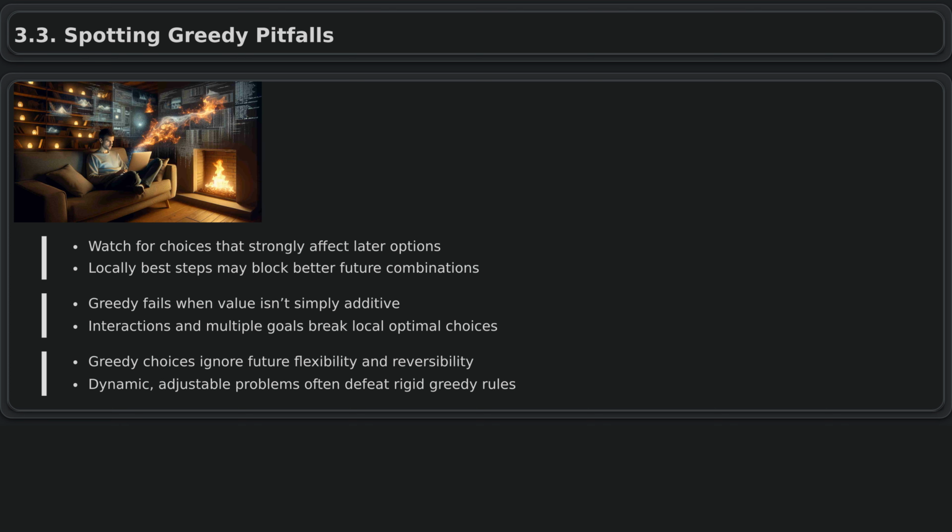Spotting greedy pitfalls. When using a greedy strategy, you must watch for situations where choices depend heavily on future decisions. Greedy algorithms assume each step can be optimized on its own, but this fails when the best immediate option blocks better combinations later. For example, always driving the maximum distance on a road trip might seem efficient, but can lead to worse overall stops than taking shorter daily drives. In general, if early decisions strongly restrict what you can do next, a purely greedy approach that only looks at the next step is likely to be